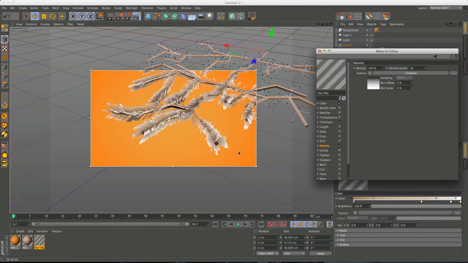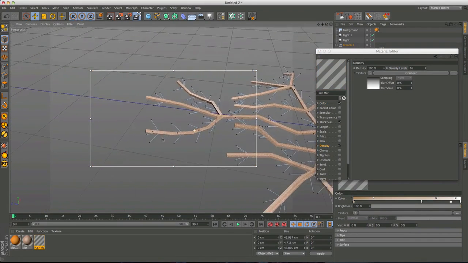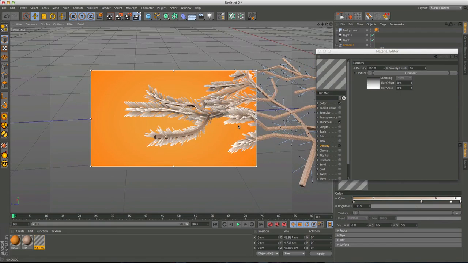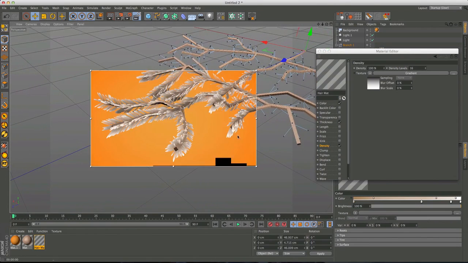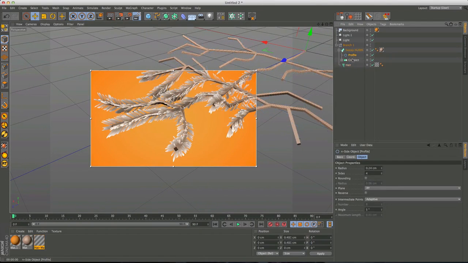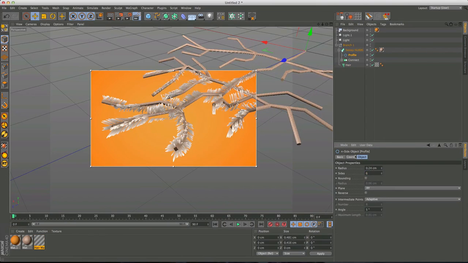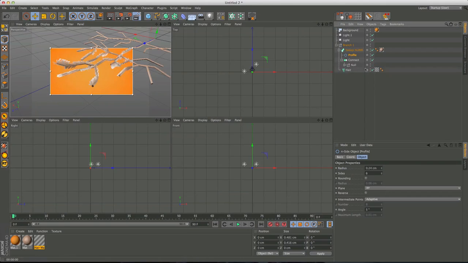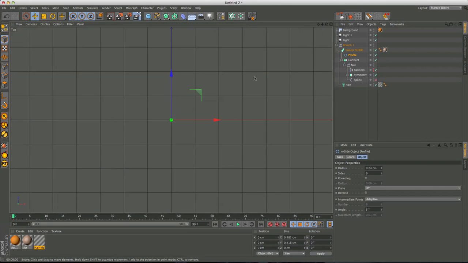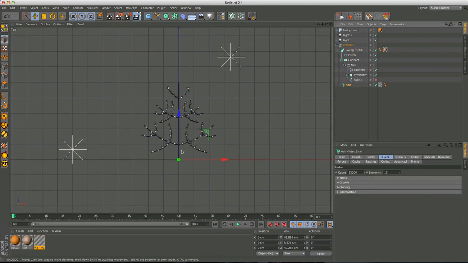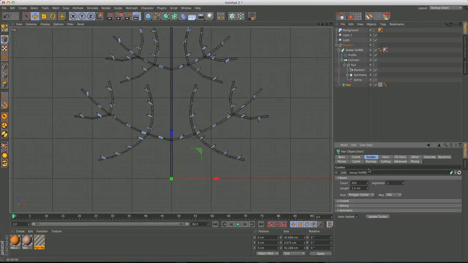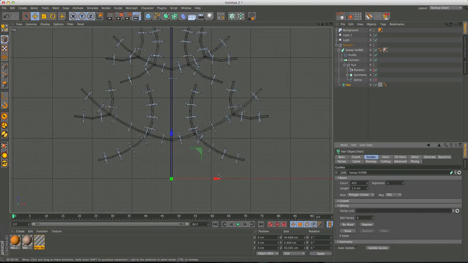What do we have? We have some kind of lack of the hair here. Maybe let's increase the number of the faces. Let's give it 6 faces, and let's go here, and we will just make some adjustments here. So increase the number of the guides, go to editing, reroute, regrow, and